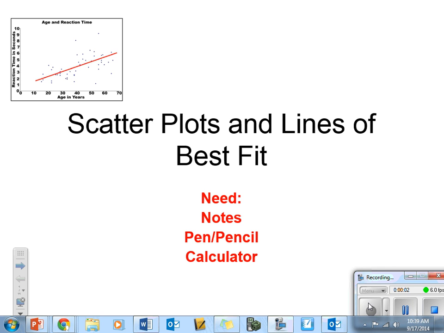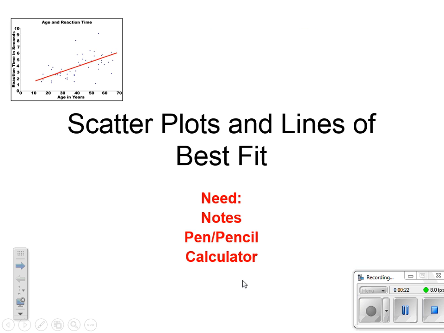Hello and welcome to Scatter Plots and Lines of Best Fit. Now you may have already seen this in your chemistry class or your physics class where you're plotting data and finding the lines of best fit. So this might be a review for some of you. Okay, if you get your notes and your pencil and a calculator to be handy next to you, we'll get